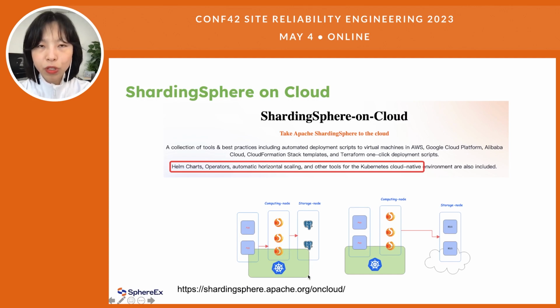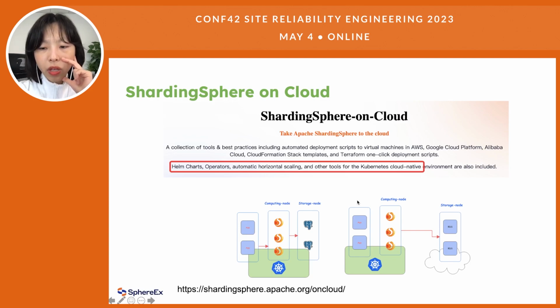If you use the PostgreSQL operator or PostgreSQL Helm charts, you can just deploy your databases on Kubernetes, right? So no matter where your database is located, ShardingSphere visits your storage nodes, and then your application just visits this virtual distributed database server. Then you can own this distributed database system. So that's the flexibility of this solution.